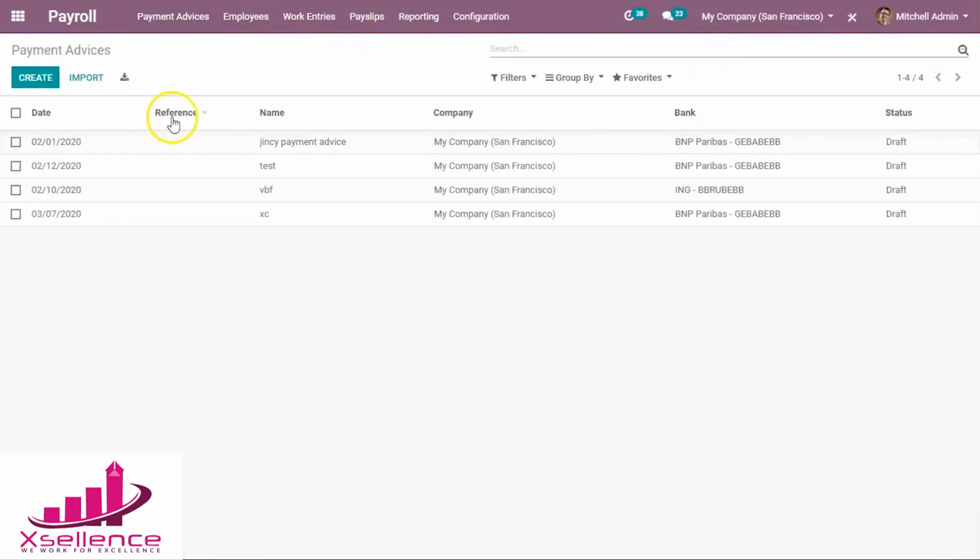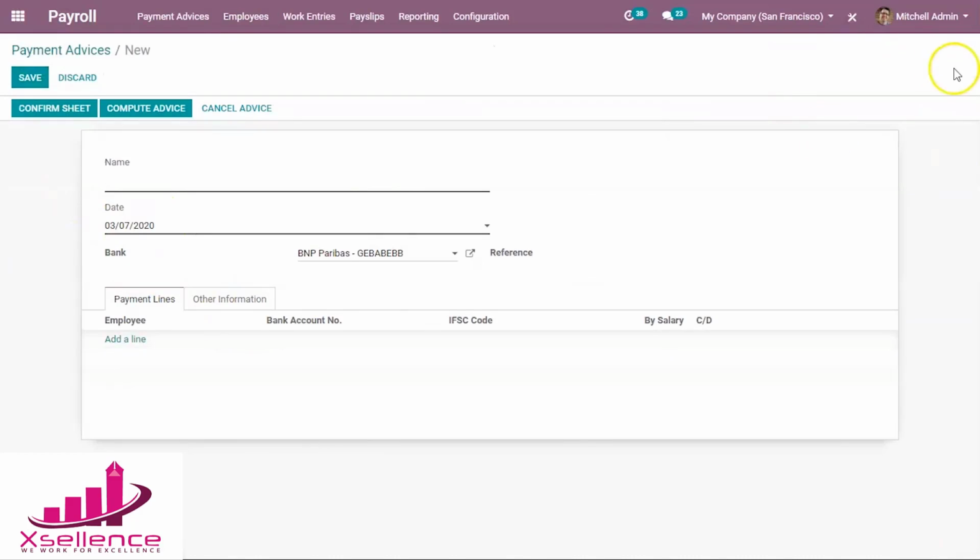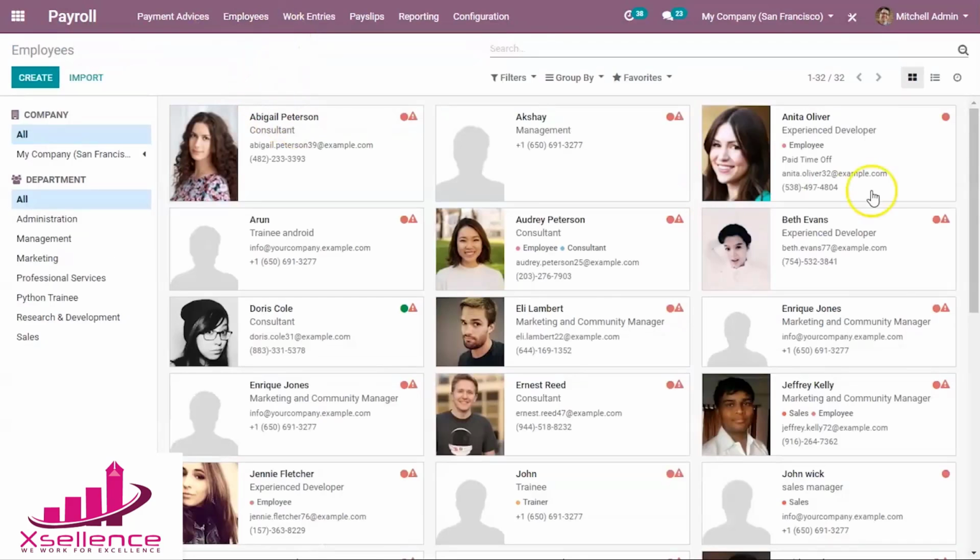Now we are going to payment advices. So payment advices are created in order to add those salaries, that is payslips generated, to the bank accounts of the employees. We need to create a payment advice. So here I am creating one, and make sure that a bank account is there for this person. This employee needs to have a bank account, then only it will come here. So we need to make sure that a bank account is there for Andina Oliva.